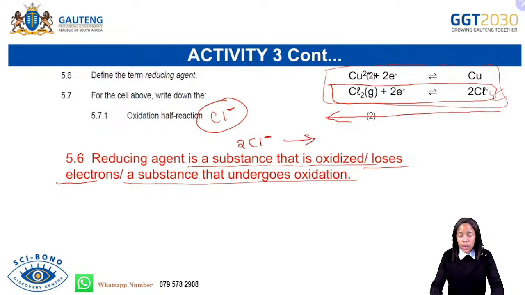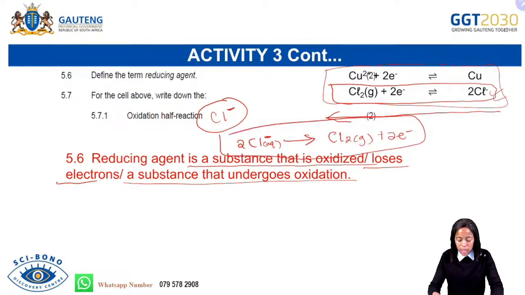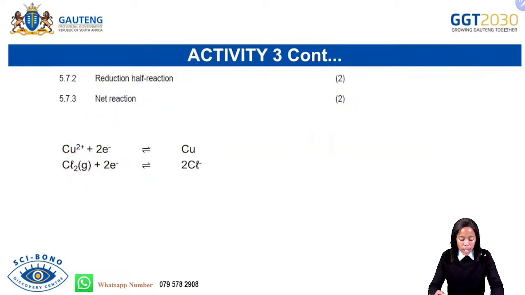Remember, we are going to use a single arrow: 2Cl minus aqueous gives us Cl2 gas plus 2 electrons there. So this will represent our oxidation half reaction. And then we need to write the